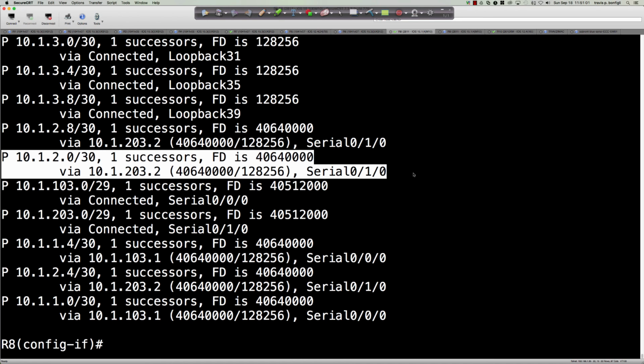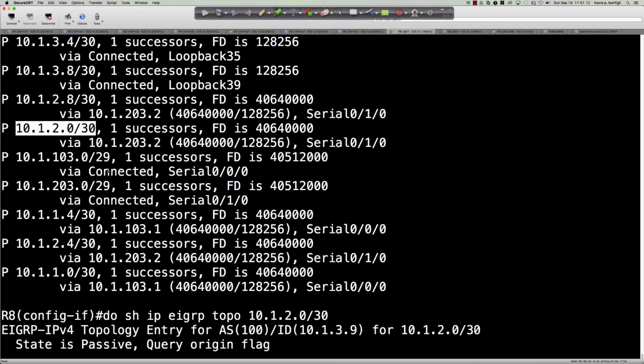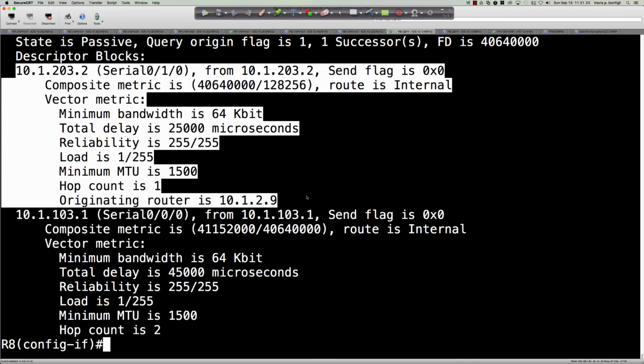And so we could see that again specifically by saying do show IP EIGRP topo, and then just putting in the actual prefix itself. And then it's going to go ahead and show us those values. And again, we're interested in the link here, right there, between router 2 and router 3 in order to get to